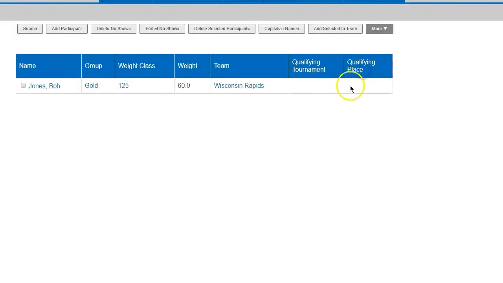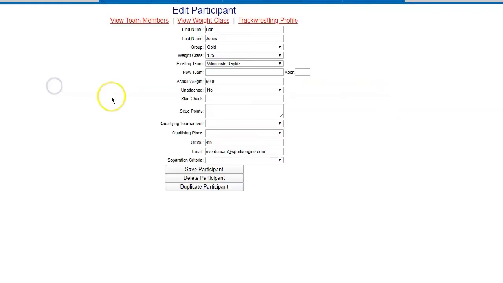And so now you'll notice if I go into my wrestlers page that I have my wrestler there. This is Bob Jones. Here's the actual weight that we chose to map in because he entered that actual weight for my pre-registration. And if I click on Bob Jones, you'll see that all his